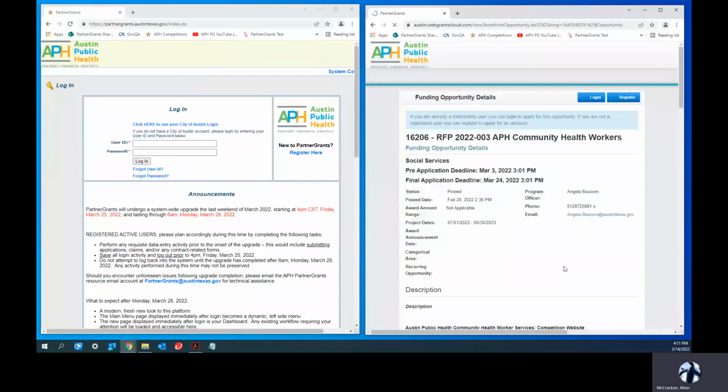If the visitor is a nonprofit organization and has already registered as a potential City of Austin vendor and is interested in applying, then they can log in or register for the PartnerGrants system here. So to log in,